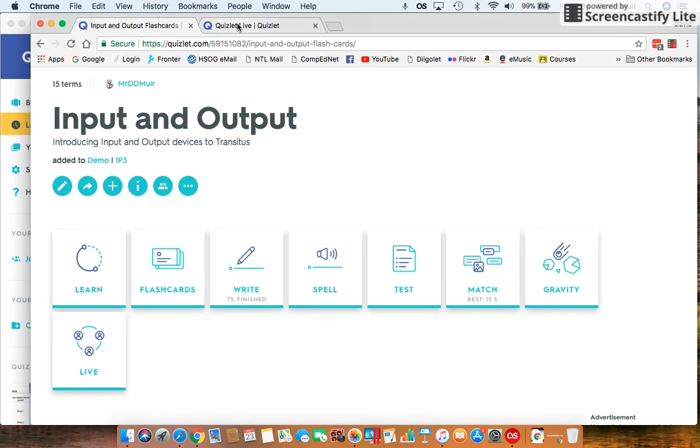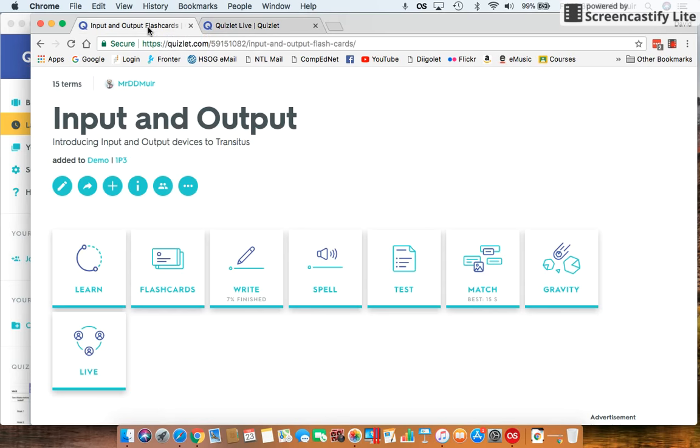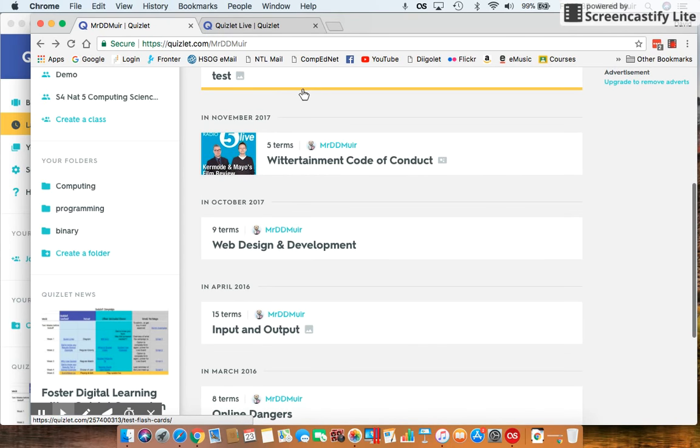Quizlet Live allows you to have a class in two different teams competing against each other. You give them a unique 6-digit code. Quizlet divides them into groups, and what's quite nice about it is they have to collaborate in their answers. They are forced to talk to each other about the vocabulary, about the terms that you've added to this particular set. I'll give you some links to look at Quizlet Live,